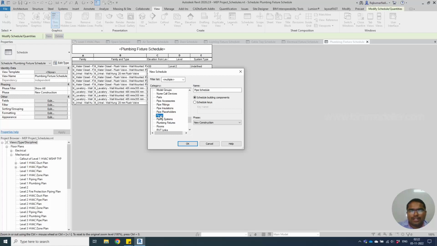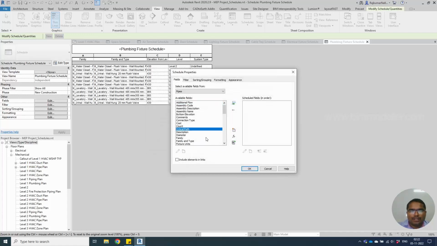And there is a question regarding this: are we able to combine pipe fittings and pipes together? No. If you want to combine a pipe system with the pipes, yes, that is possible as an embedded schedule. I will let you know in the after session of this tutorial, while we're discussing modifying schedules and other things. Let's create the pipe schedule, select OK, and family name, types, and I'd like to know the